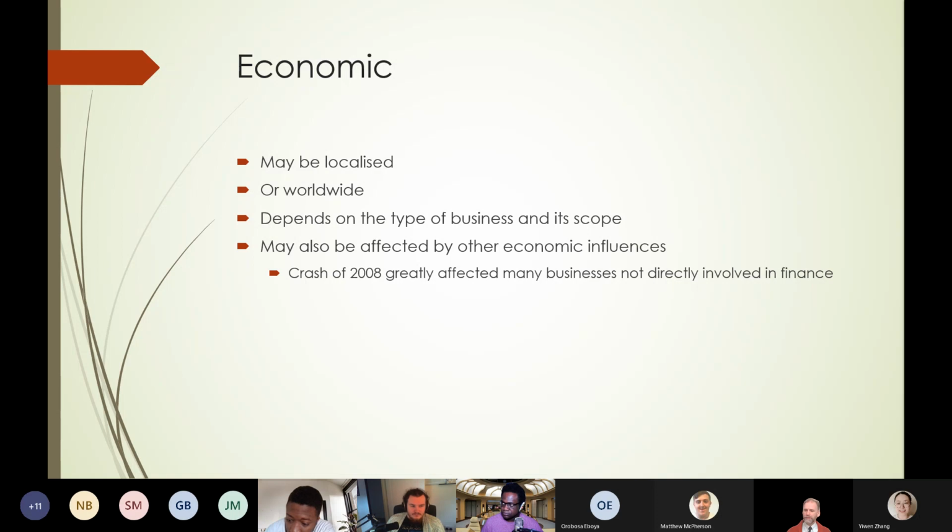There's been recession after recession after recession. Most of you will remember the recession after the banking crisis about 14 years ago, but I'm old enough to remember earlier recessions. So even though it was a banking crisis in 2008, it affected everyone else. Okay, that's political and economic. Any questions or comments so far?